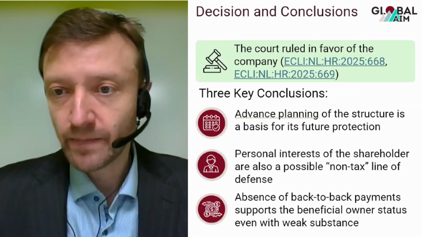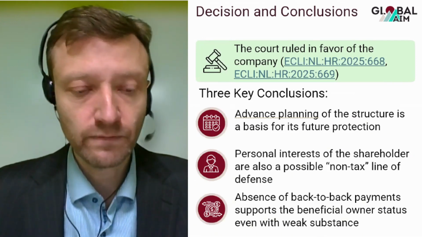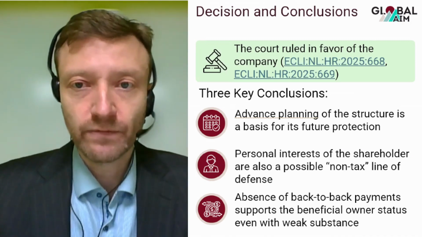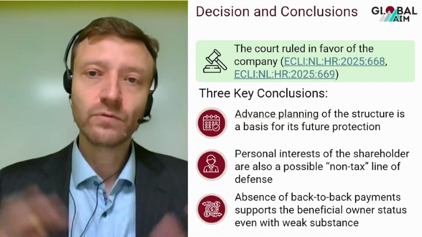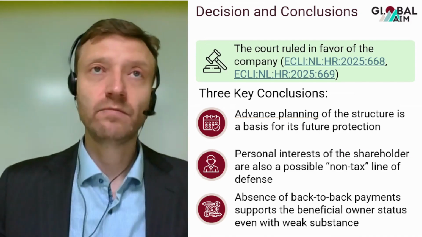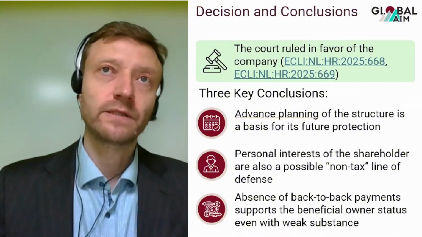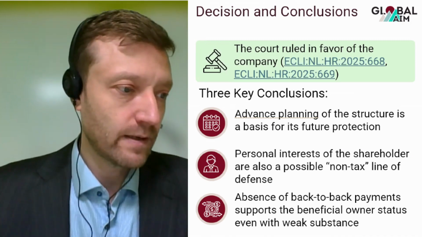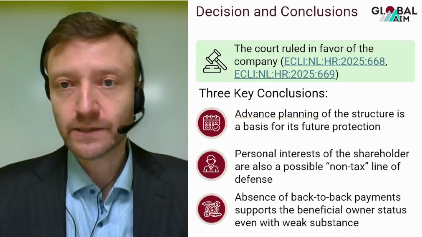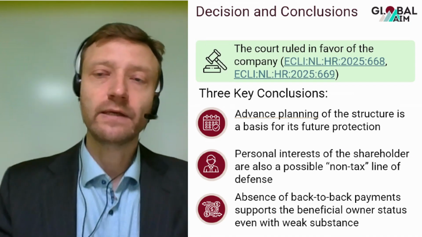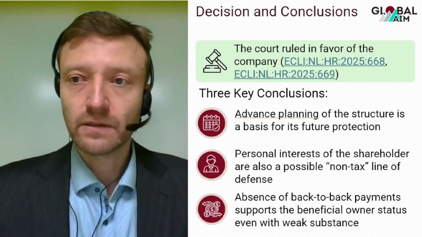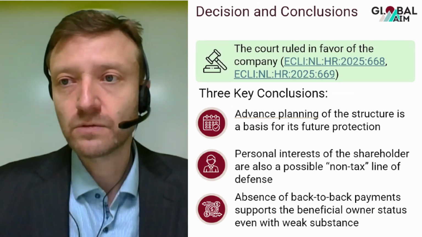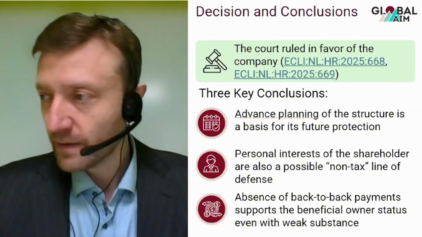And 3 conclusions can be made on these grounds. First of all, advanced planning of the structure is a good basis for its future protection. If you change the structure immediately before certain events, then it creates an impression that the change was tax driven, to make sure that the event was more tax positive or even tax neutral. While in this case, 5 years passed between the change of the structure and the distribution of dividends, which is always a good solution. And overall here,